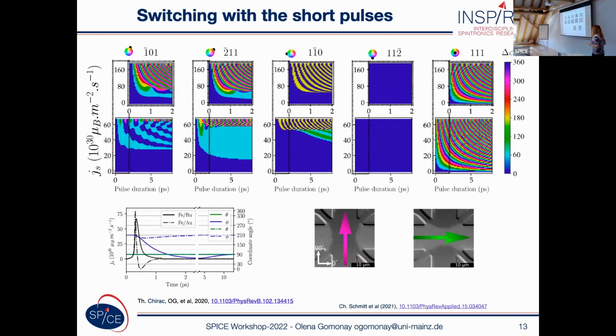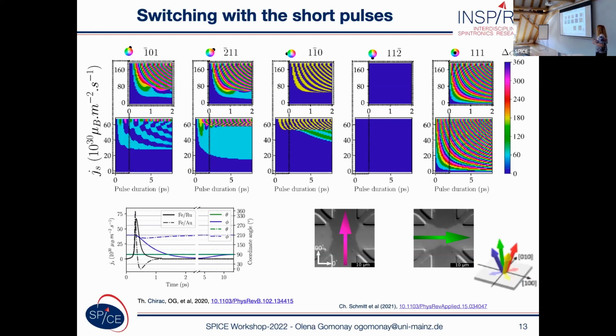However, this is not the only problem which we have working with, for example, nickel oxide, because, as we have shown recently in Mainz, trying to switch between different nickel oxide states by DC current, we found out that the samples which we used do not have S domains. They consist of T domains, and these T domains show very strong magnetoelastic effect. So in order to work with real samples, with real materials, you should not only play with the spin current, you should also take into account how the lattice reacts to these spin currents.